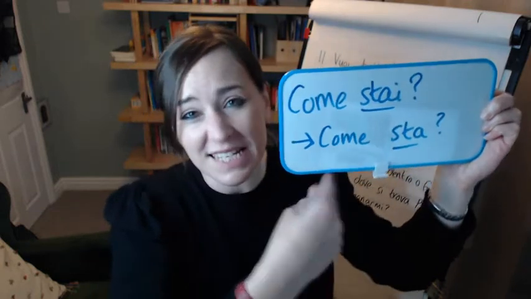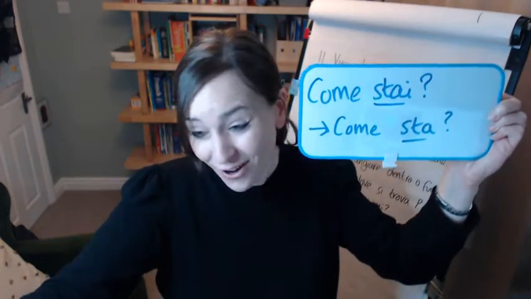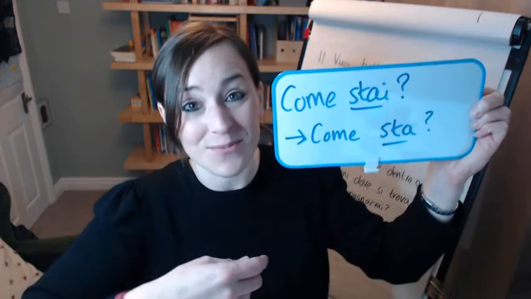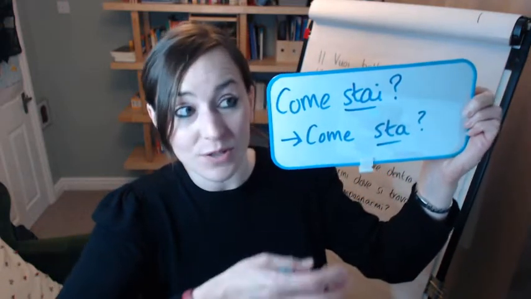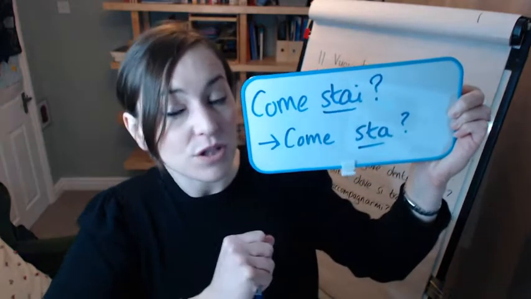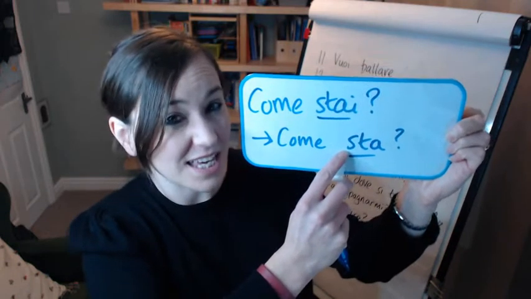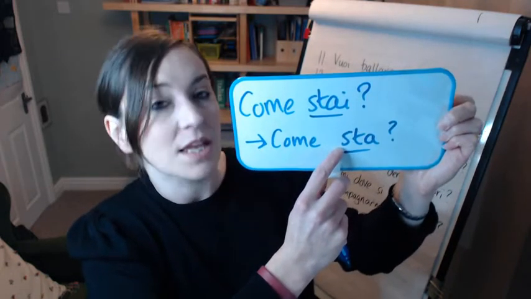Formal you doesn't really exist in English. You just use the word you, whether you're talking to someone that you're deriding, or whether you're talking to someone that you adore, or someone who's in a position of authority. It's just you. In Italian, you use the conjugation of any verb in the third person. So it's as if you're saying he or she.